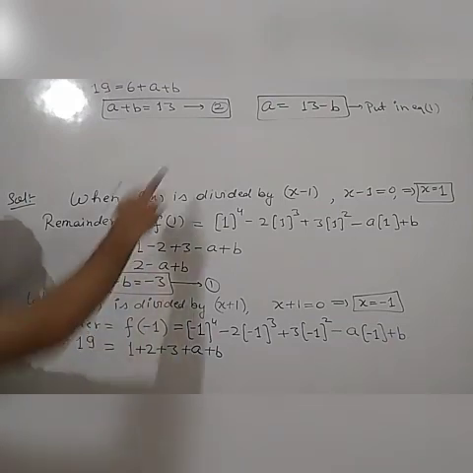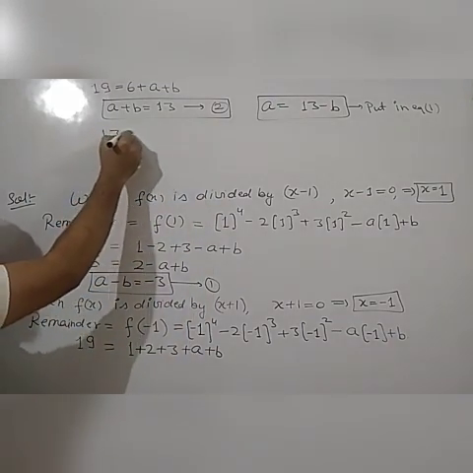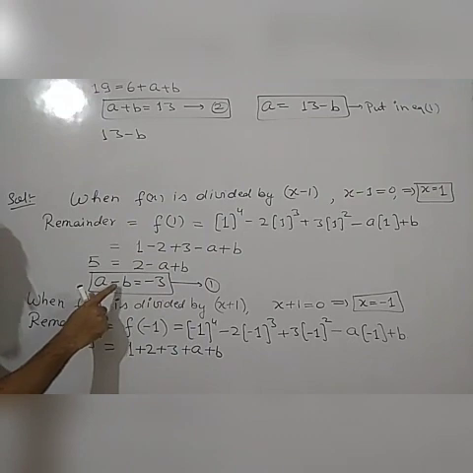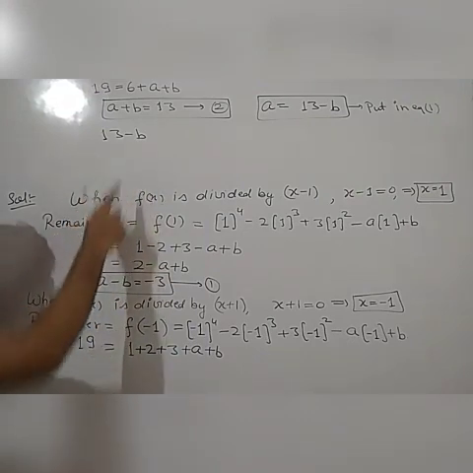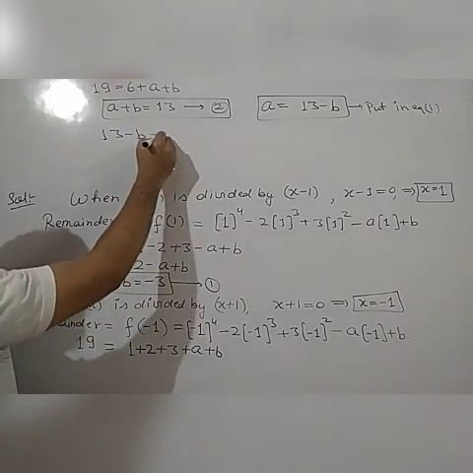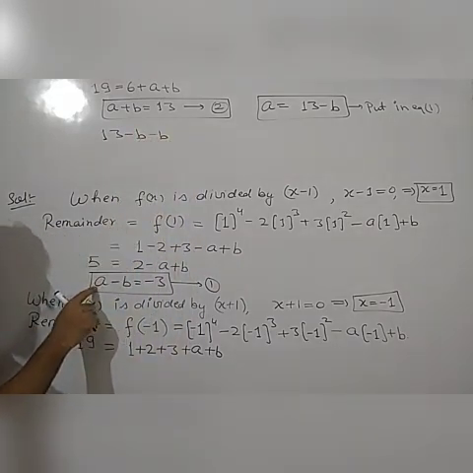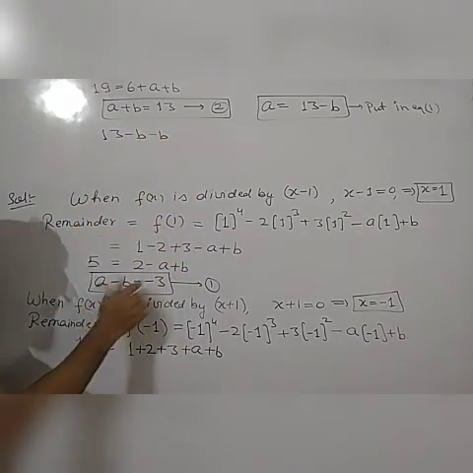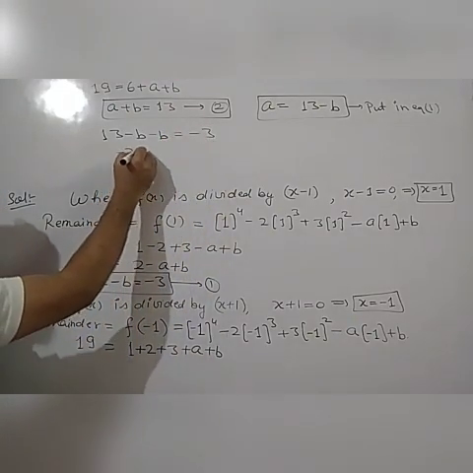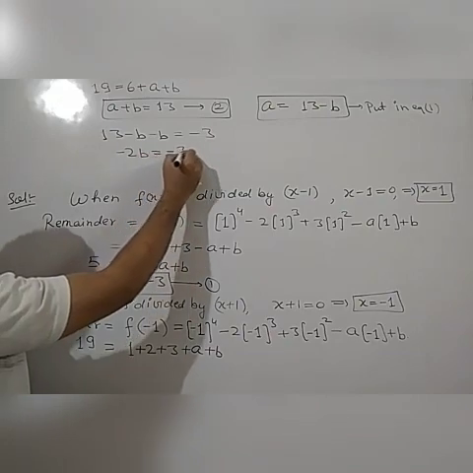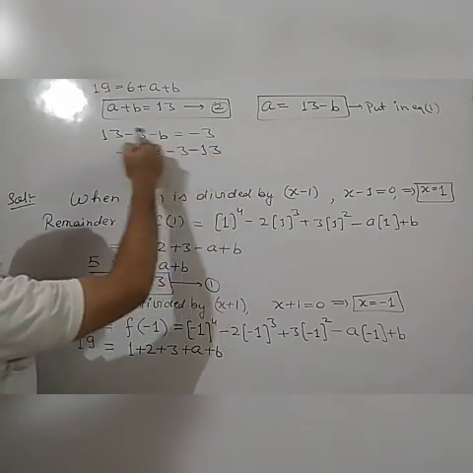So putting the value of a, it will be 13 minus b at the place of equation 1. So at the place of a, it is 13 minus b and one more minus b. At the place of a, it is 13 minus b, then minus b, it is equal to minus 3. Or we can write it as minus 2b is equal to minus 3 minus 13, taking 13 to the